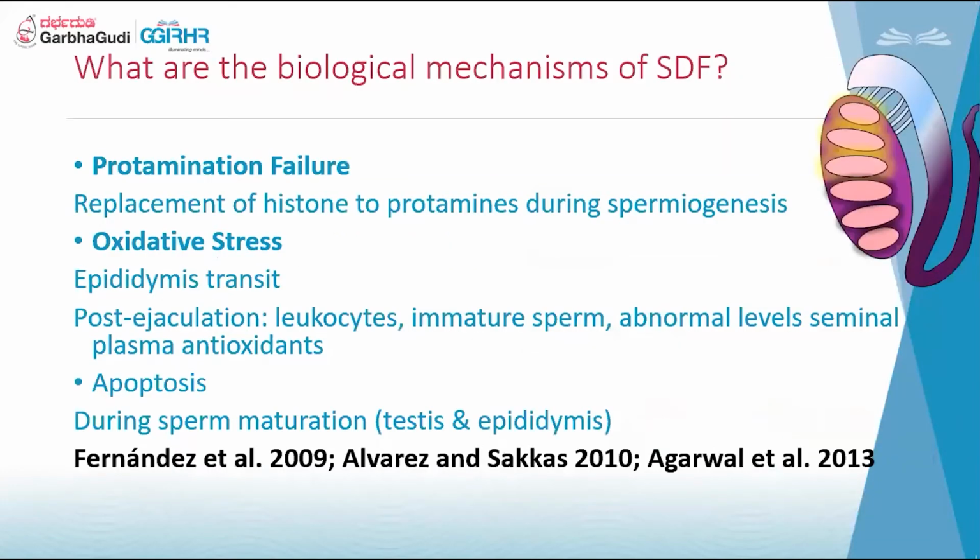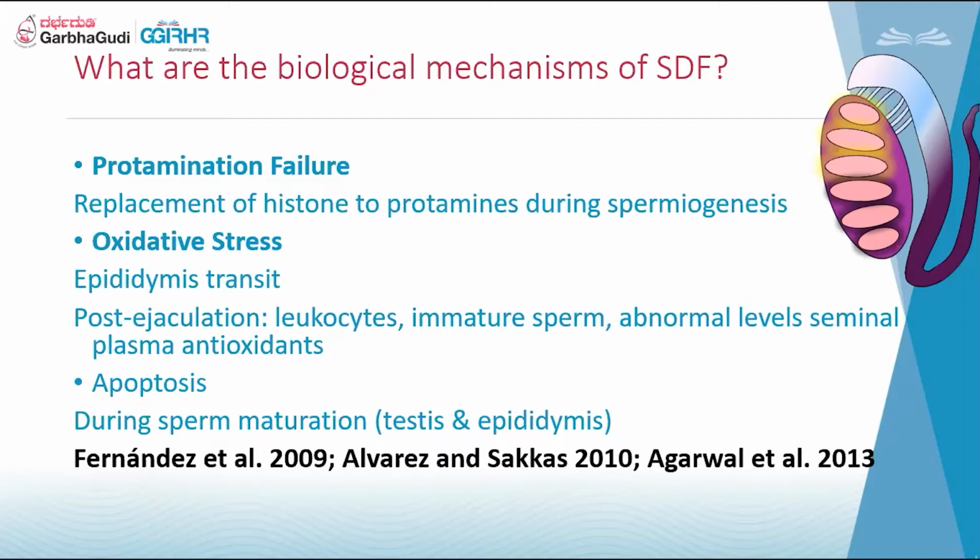And then next comes, what is the mechanism of sperm DNA fragmentation? One is protamination failure. There are protamines, I said, right? So there is replacement of histone by protamines during spermiogenesis. What happens when the DNA has to be bound very tightly and intact? That's when the protamines come into play. There are two types of protamine, P1 and P2. Okay. P2 is deficient in cysteine. So what happens here, if the P2 level is reduced, then there could be fragmentation because it is not able to bind the DNA intact. So that is the reason.